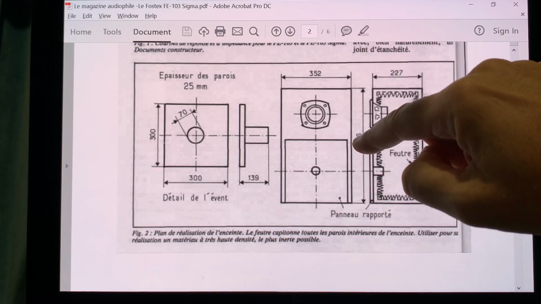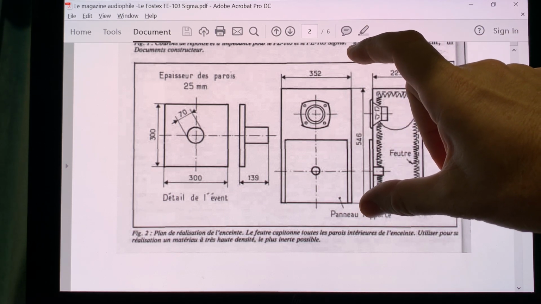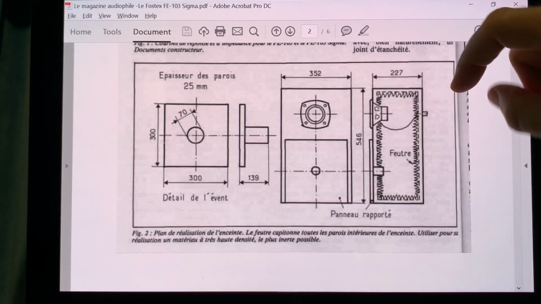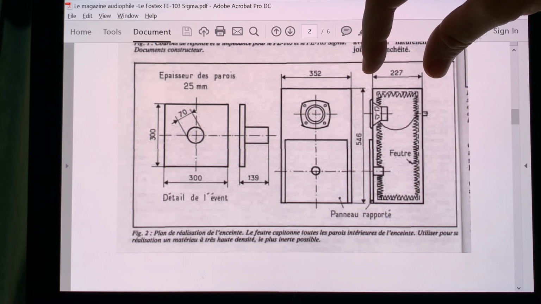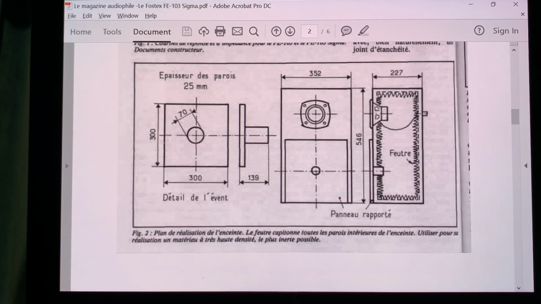The height, instead of 546, will be 506. And instead of 227 deep, it will be 187 deep. And you multiply these numbers with each other, and you will get the volume, the internal volume, the lung size